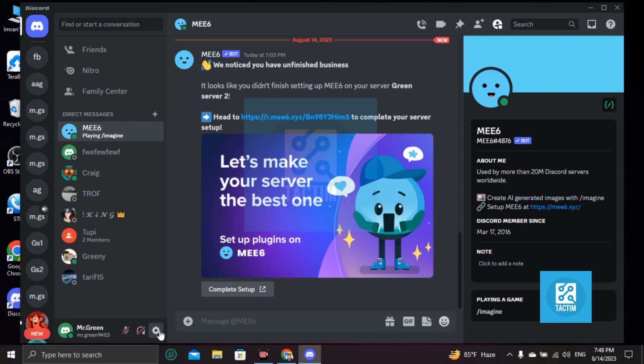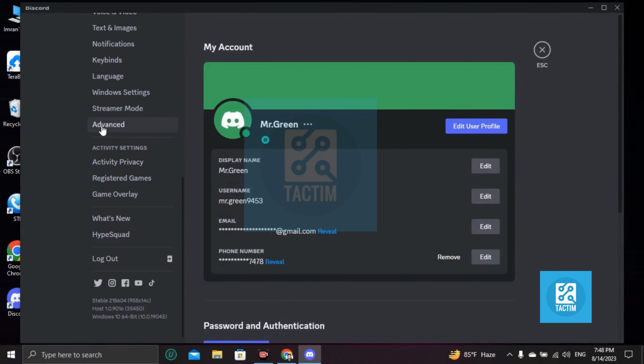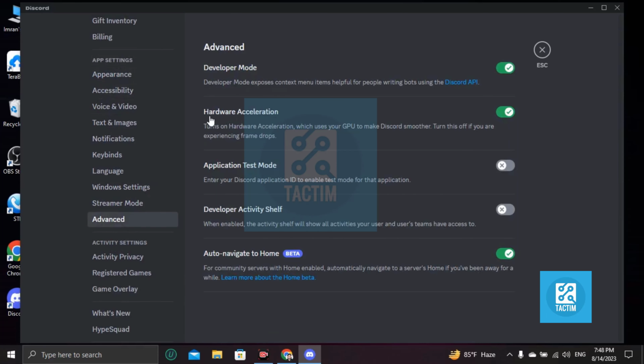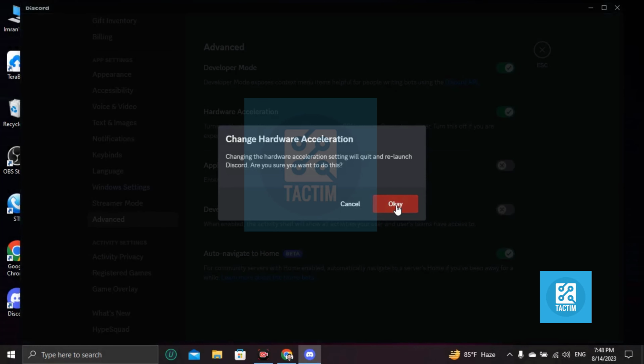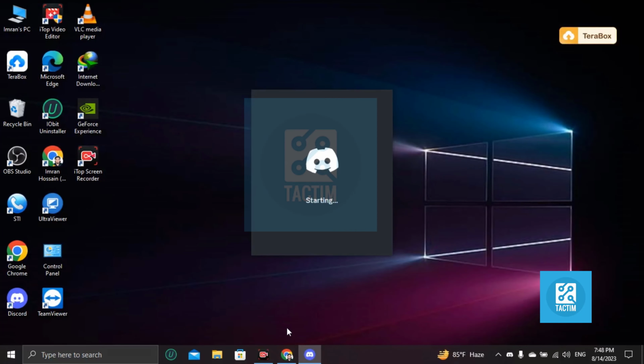After that, go to user settings and scroll down, and you'll find the advanced option at the very bottom in app settings. Under the app settings you'll find advanced. Click on advanced, then you'll find hardware acceleration. Just turn this off. Click on OK. Okay, it is off right now. What you're gonna do next,